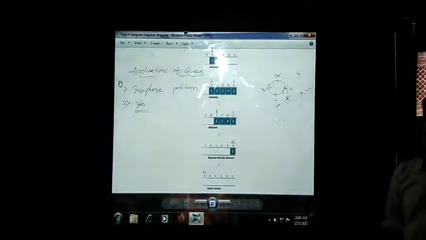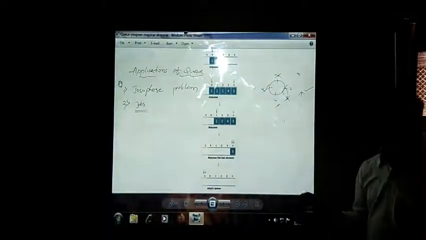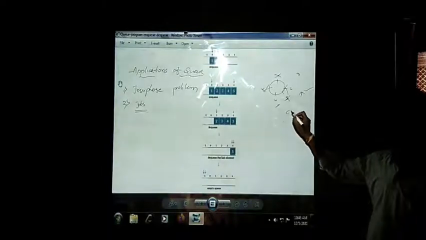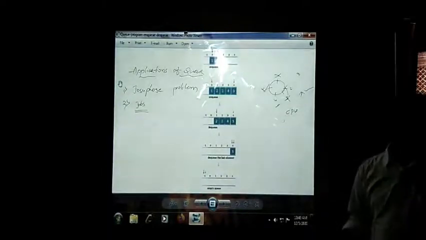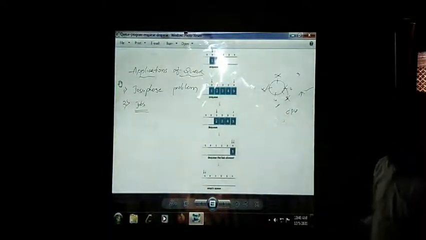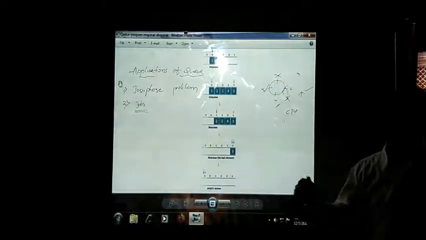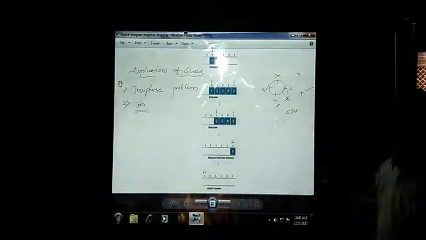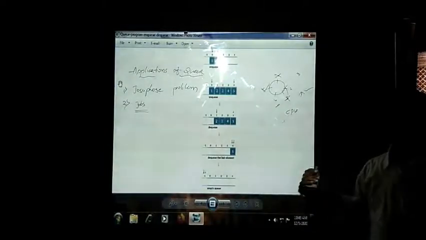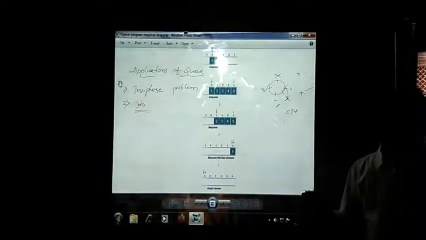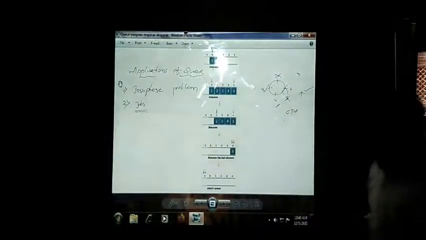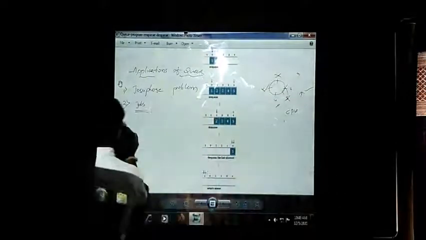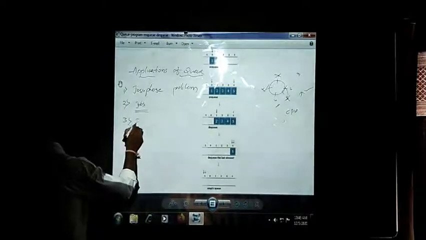Whenever jobs enter into your system, those jobs should be executed by your CPU. In order to execute them, you need to plan to which process we give the processor, and to which application we give the input output devices, so that they can complete their execution. The third application that we have is simulation.